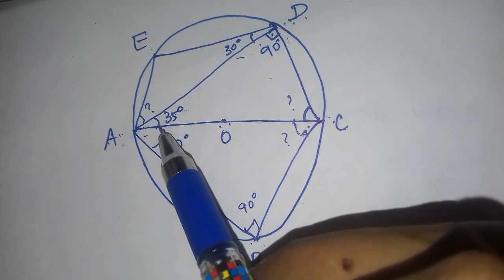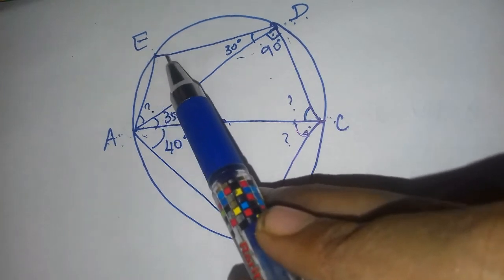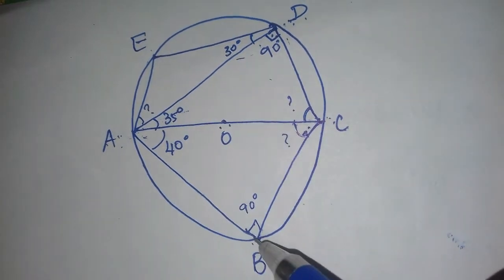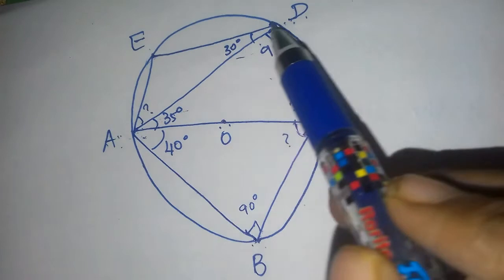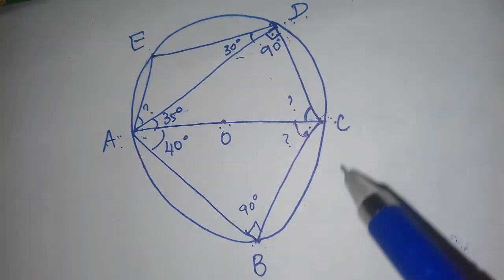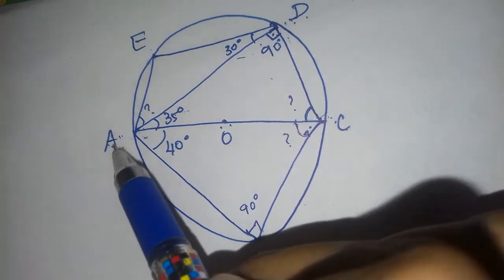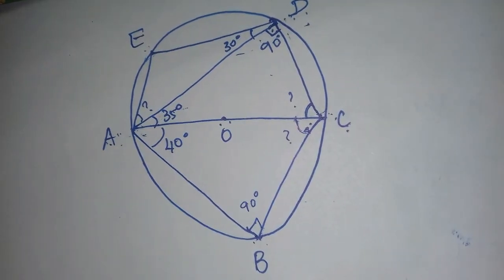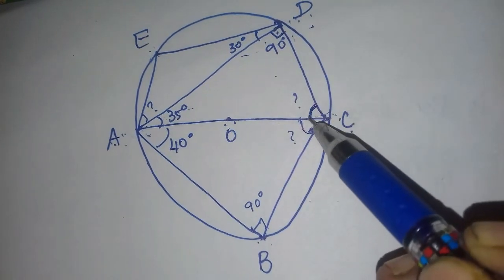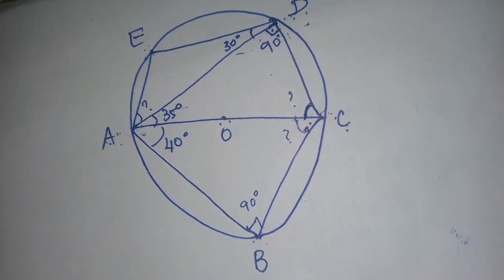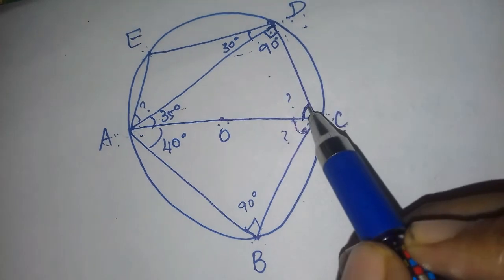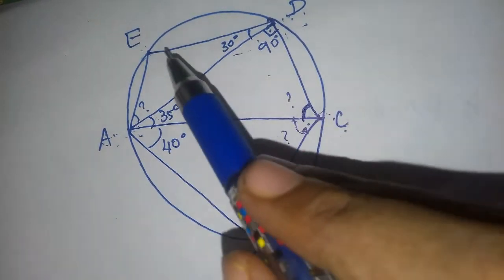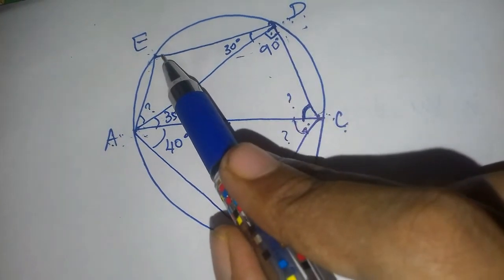To find this angle, what do we have to find? First, we can find this angle. Now, we know this is a cyclic quadrilateral. Can you understand? ACDE is a cyclic quadrilateral. Now, we know this angle. We found this angle. What is that angle? Angle ACD is 55 degrees. This angle is 55 degrees. Then from that, we can find this angle. How will you find that angle?